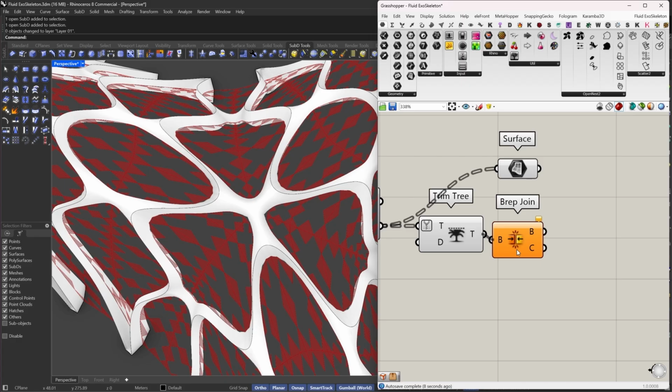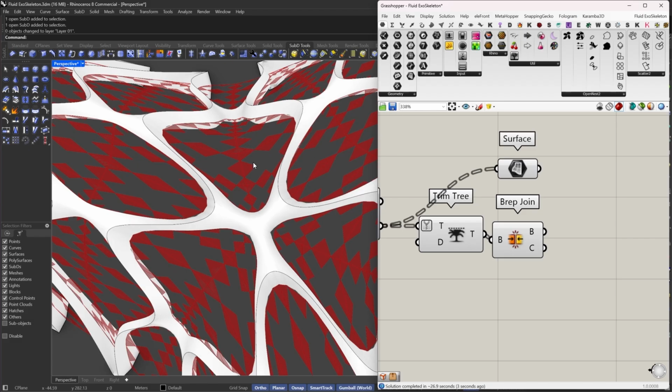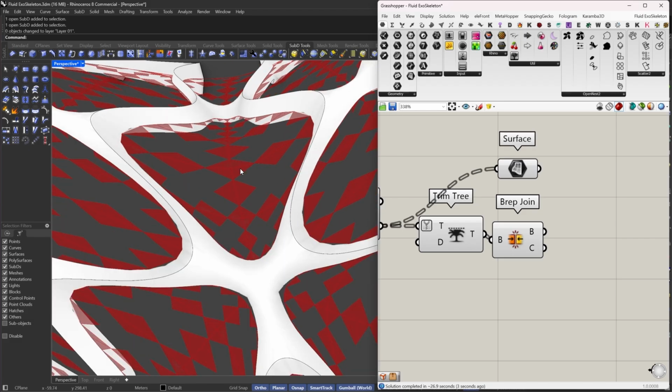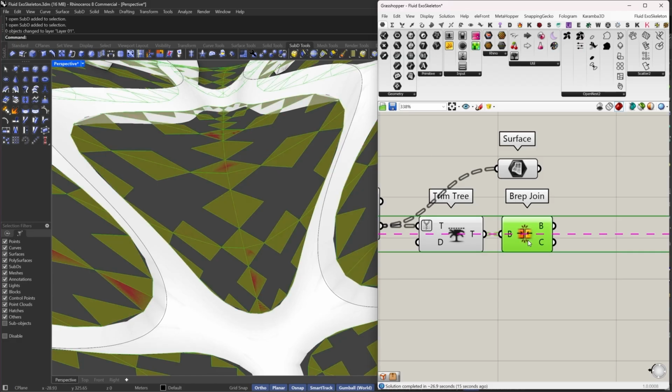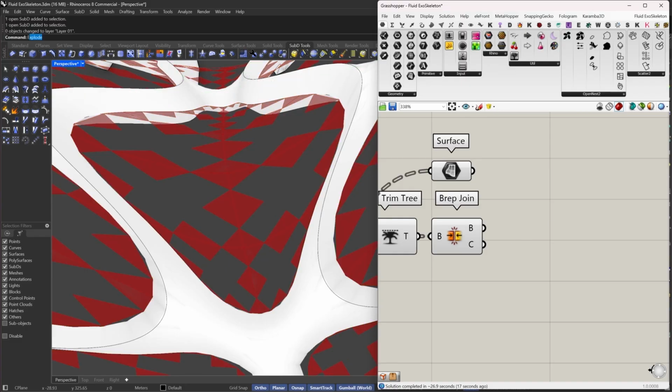but the good thing about joining B-reps is that if multiple surfaces are joined and then the other ones are joined, but only a point is connecting between them, then it will automatically separate them. So in this case it will select all the diamond shapes, whether they are 4 like this or 2, it doesn't matter. And if they are only triangles, then it will keep them as triangles, which is really good. And then I'm going to the edge